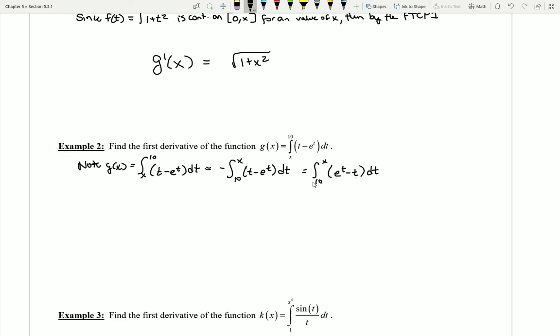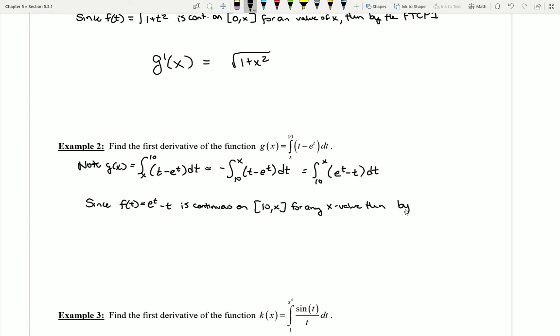So now I'm going to use this form of g of x to take the derivative with. But before I do that, I need to check my appropriate condition. So let's see. I'll say since f of t equals e to the t minus t, and notice that's always a continuous function. That's exponential minus a polynomial. There's no issue here. I can say this is continuous on the interval from 10 to x for any x value,